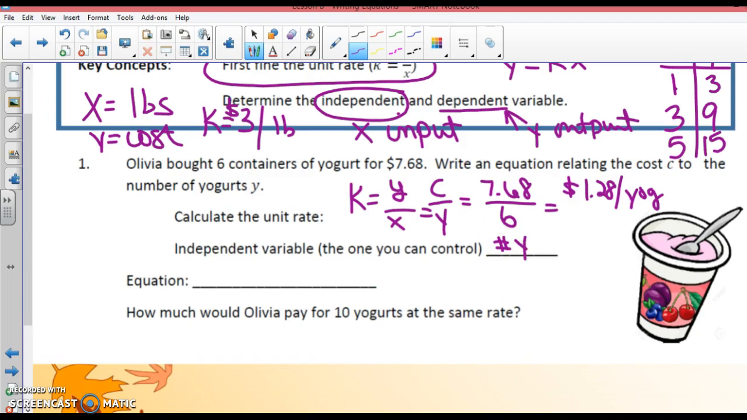So our equation, take a look right here. Y equals kx. Now, look what y is. Y is the cost equals k, which we found to be $1.28, times x. But what is x in this scenario, our independent variable? Y. How much would Olivia pay for 10 yogurts of the same rate? So, her cost is going to be $1.28 times 10. So, that'll be